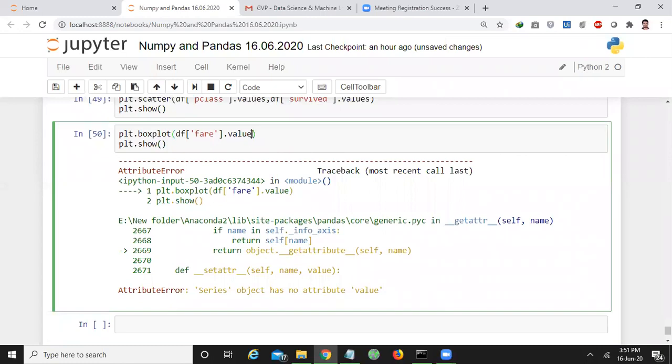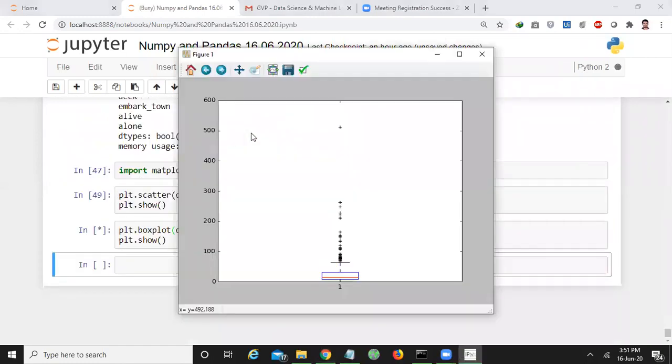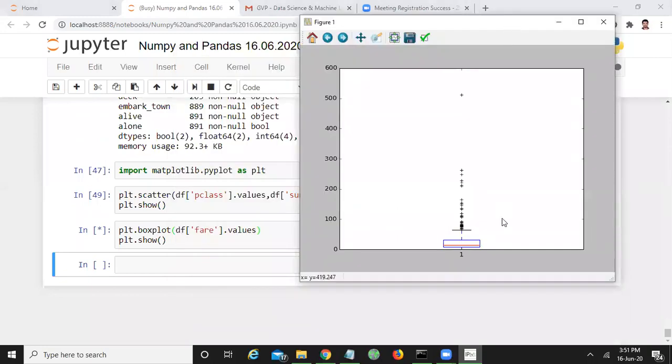Values, sorry, values. See, this is the box plot. Okay, what is the meaning of this? See here, box plots are very useful in order to find outliers. Outliers means the data items or examples.